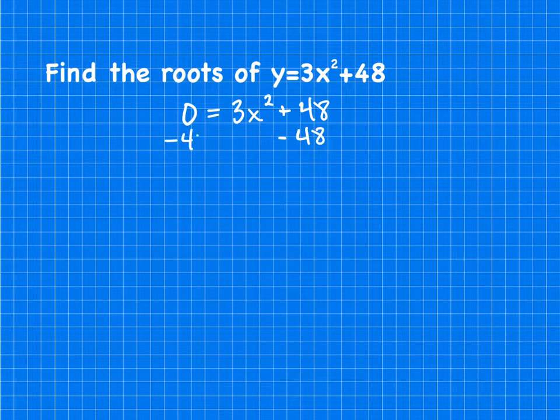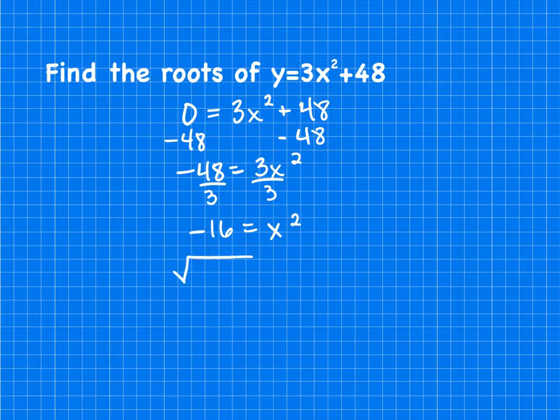So minus 48, because this is a partial quadratic. We don't need the quadratic formula. We want to divide by 3 there. So we have negative 16 equals x squared. At that point, we're going to take the square root of both sides. So the square root of negative 16 equals the square root of x squared. Of course, we know that the square root of x squared is just x. Square root of negative 16,